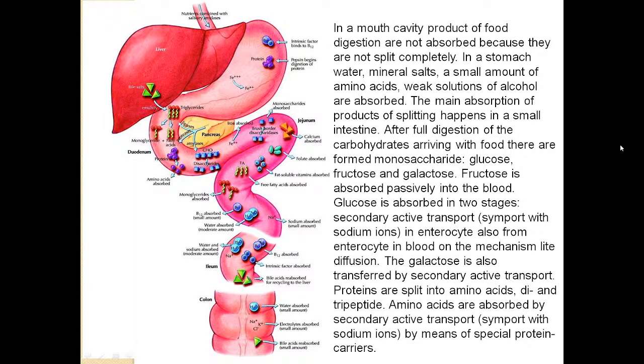Proteins are split into amino acids, dipeptides and tripeptides. Amino acids are absorbed by secondary active transport by means of special protein carriers. Dipeptides and tripeptides are also absorbed by secondary active transport, symport with hydrogen ions, by means of non-specific carrier transport of various peptides. Fats are split into